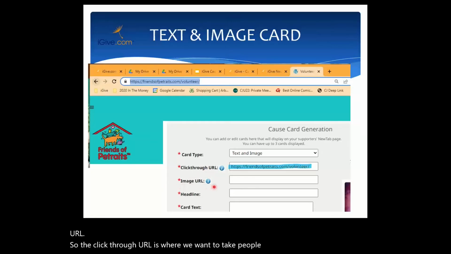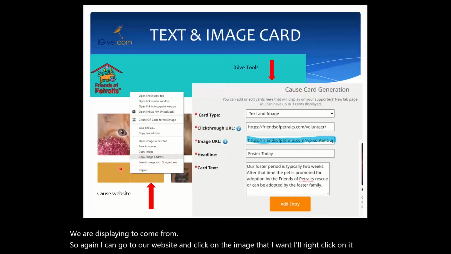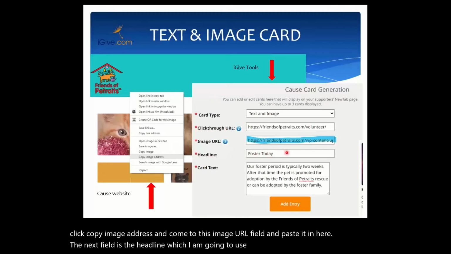The image URL is where we want the image we are displaying to come from. So again, I can go to our website and click on the image that I want. I'll right-click on it and click Copy Image Address and come to this image URL field and paste it in here. The next field is the headline, which I am going to use Foster Today because Friends of Petrates,